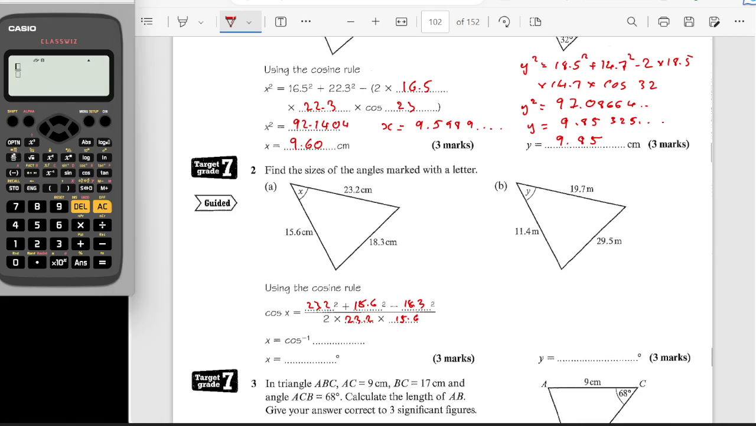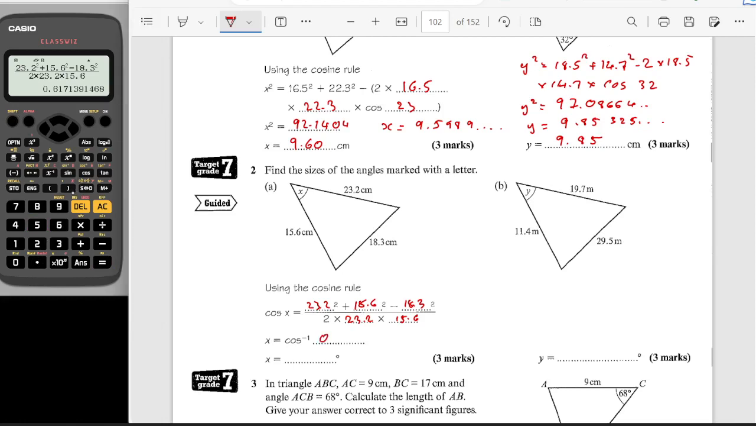So I'm going to type that in there. 23.2 squared plus 15.6 squared minus 18.3 squared, and I want to divide that then by 2 times by 23.2 times by 15.6. So that gives me that as my value, and I'm going to go shift, actually they've left a space for that,